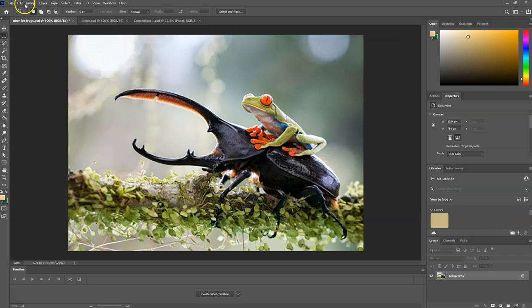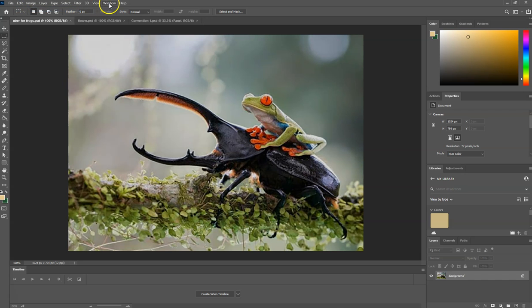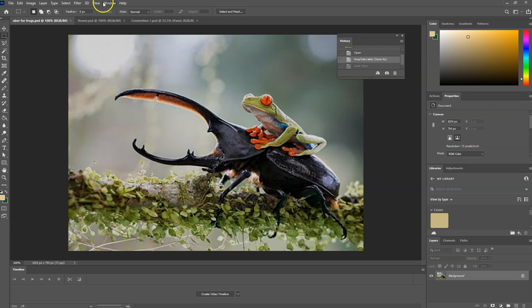Go back a step in history. So in this case, edit, undo. And you can also accomplish this by doing this in the history window. So if you go to Window, History, you can click on the thing that we last left off on, which in this case is opening the file. So the next thing that we want to do is we want to go to